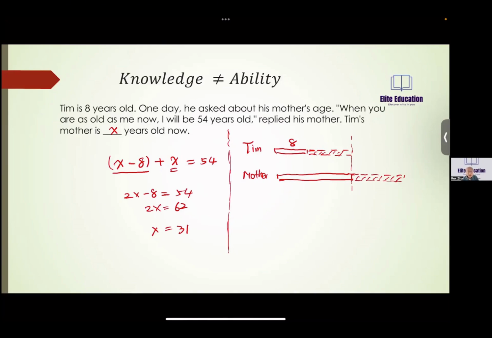So at this point, how old is the mom? Altogether, the mom is 54 years old. So you can see if that's the case, I just need to draw another line here. So how long is this bar on the far left that's left? It's 8, right? Because it's exactly the same as the one above. So by looking at the mom's bar now, we can see there are 2 bars of this length, plus an 8, which equals 54. Isn't it actually 2 bars plus this additional 8 that equals 54?